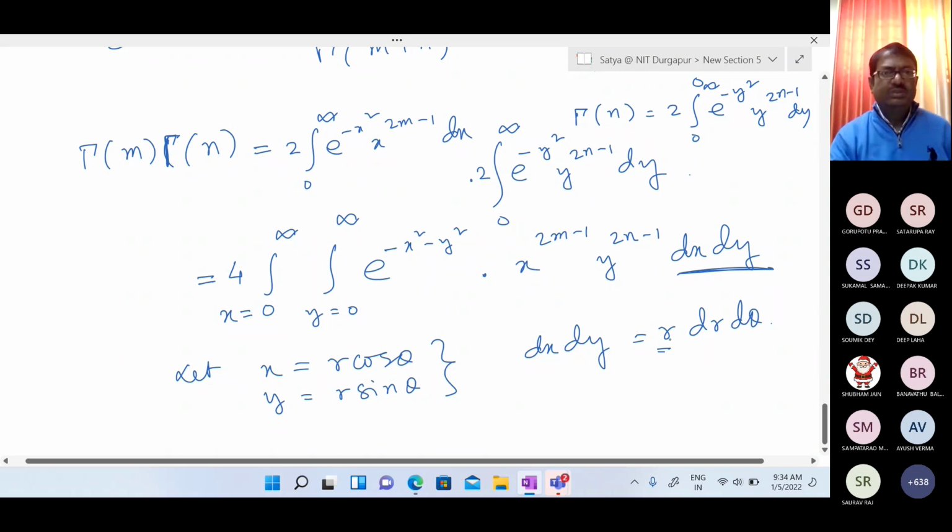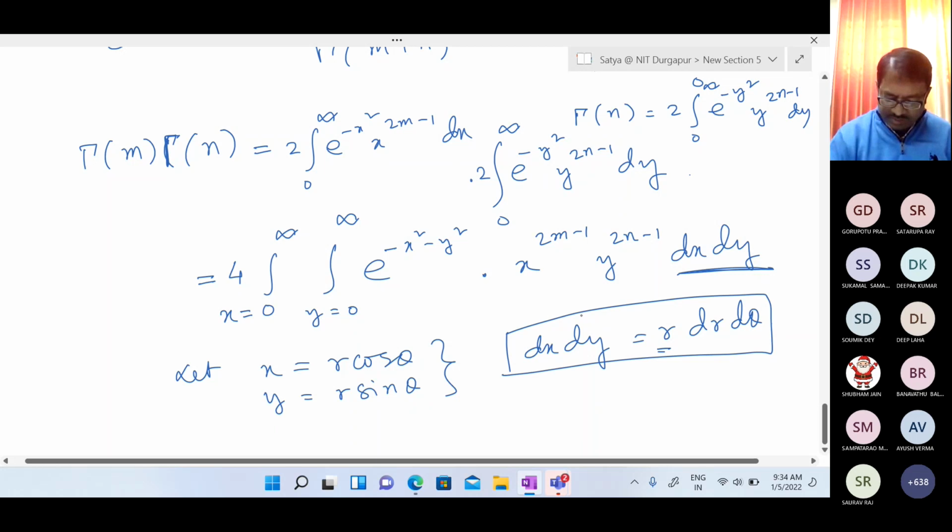So one Jacobian is in your syllabus. Someone will teach you what is Jacobian. So this r Jacobian we are taking. In the meantime, you remember this. We can't discuss this portion elaborately now. So dx dy equal to r dr d theta. So shifting from Cartesian coordinates to polar coordinates, this is the relation. And why this relation? This will also be taught by another teacher, Anita madam, who will teach you how it is working.